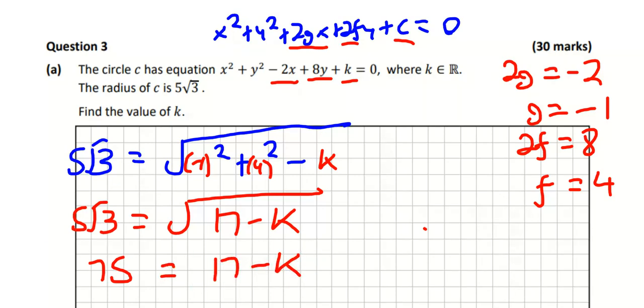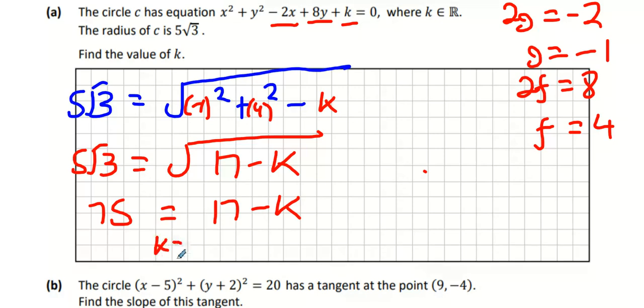Bring the k over to your side. We're going to get k equals 17 minus 75. And we're going to get k equals minus 58. As I said, when you're going through these papers when you're older, you need to check everything. Everything needs to be checked and verified. Okay, and there you go. K is minus 58. That question there,